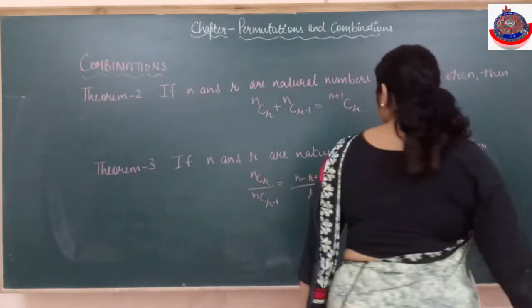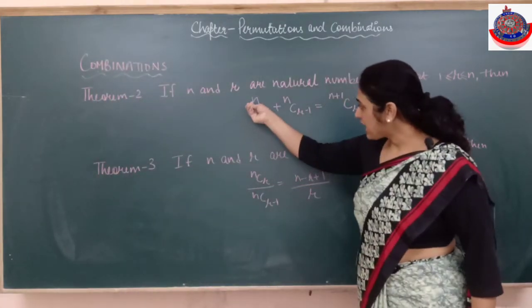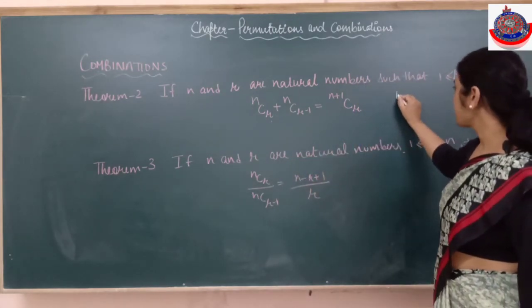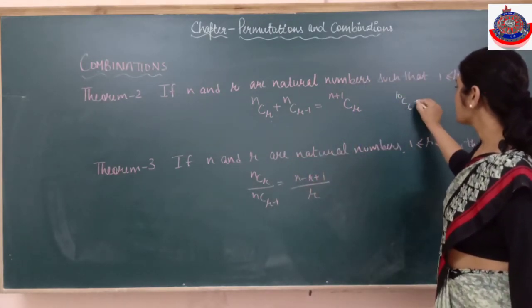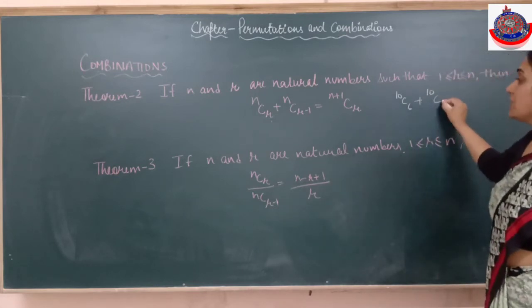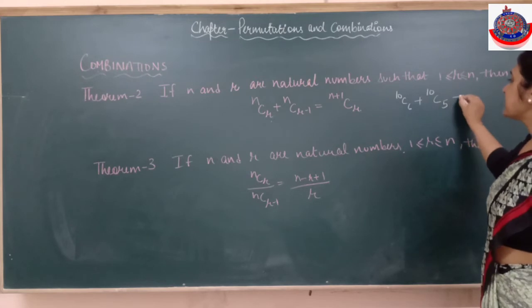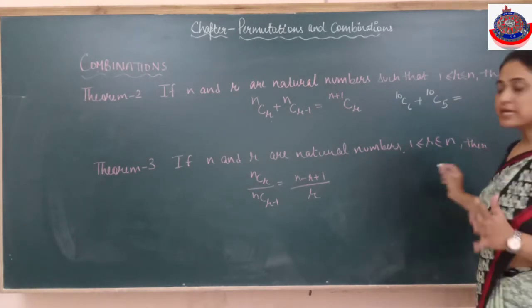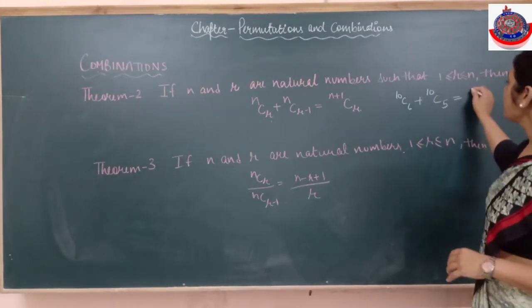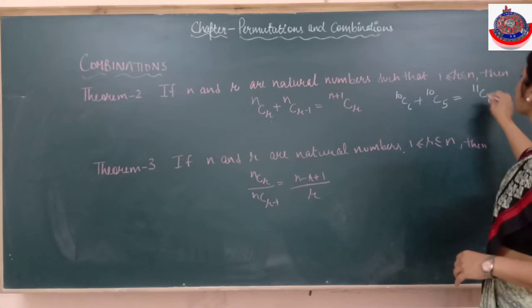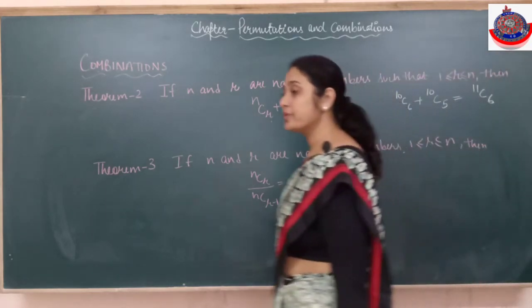Is it clear? This result we can use NCR. That means suppose if it is 10C6 plus 10C5, that will always be equals to. अगर वो तो ऐसे कैलकुलेट करने को बोलते हैं, अलग अलग कैलकुलेट करने से अच्छा है डायरेक्टली I'll apply the rule. It will be 11CR. R means 11C6 solve कर लो. It's going to be the same thing.